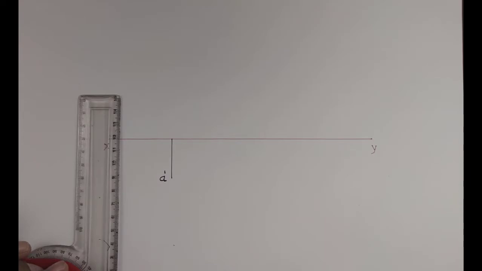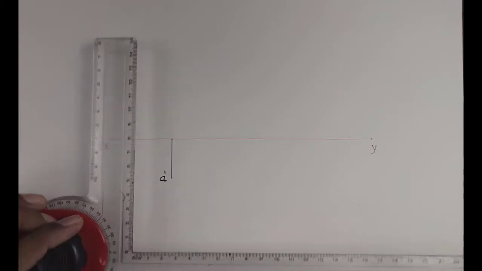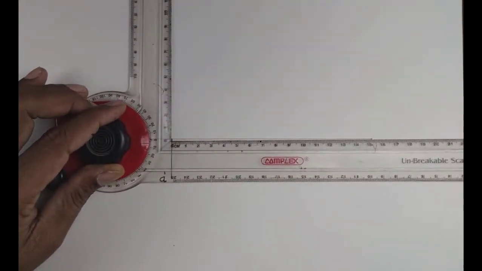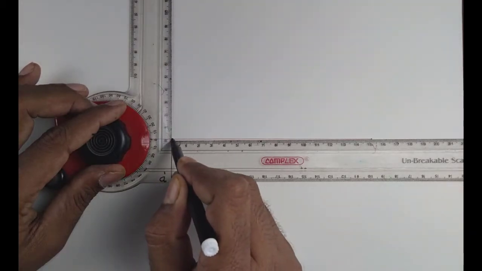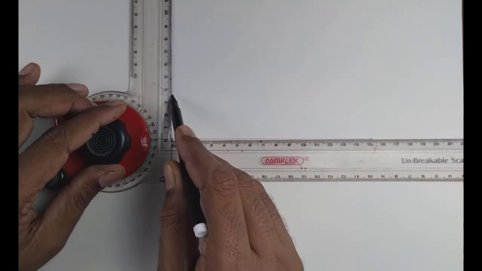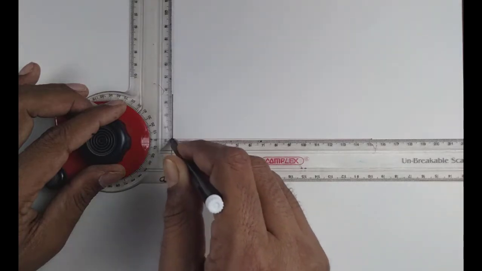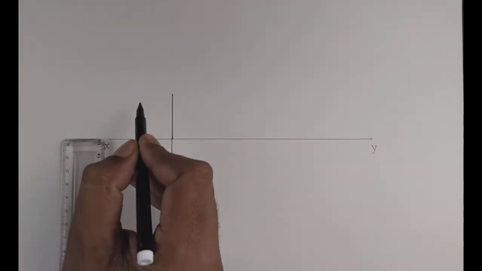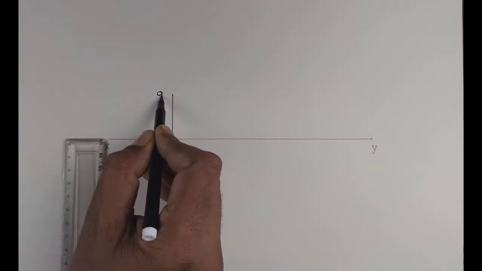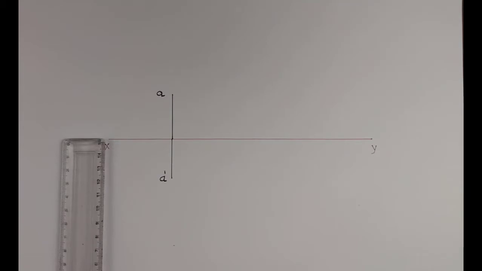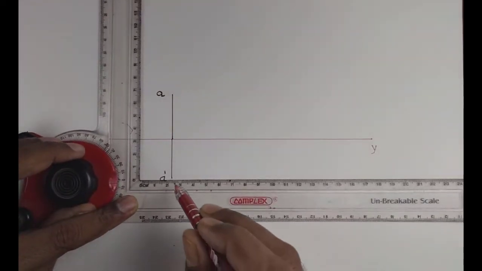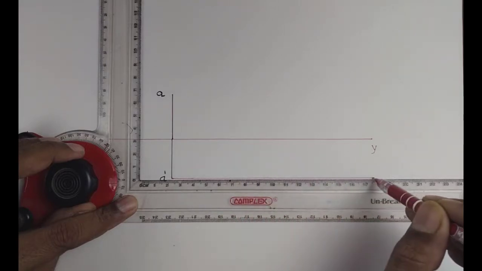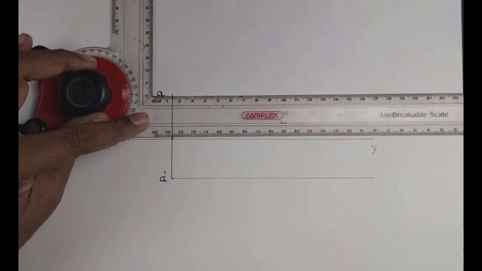Then your A point is 35 mm behind VP. So always our behind VP point is above the XY line. So I move from this point up to 35 mm. It is our plan point A. After marking your elevation point A dash and plan point A, first you draw the locus, and that is a light line, locus parallel to XY line.